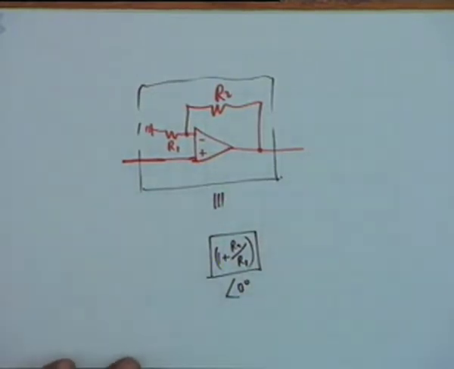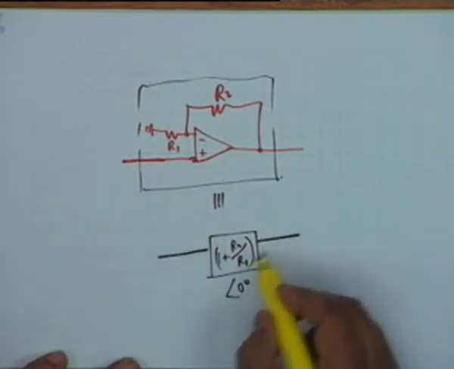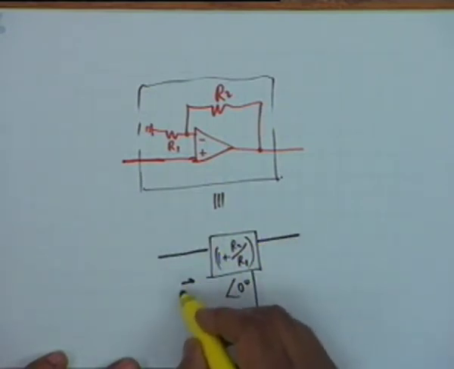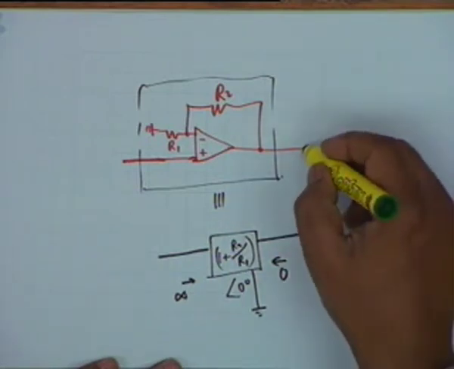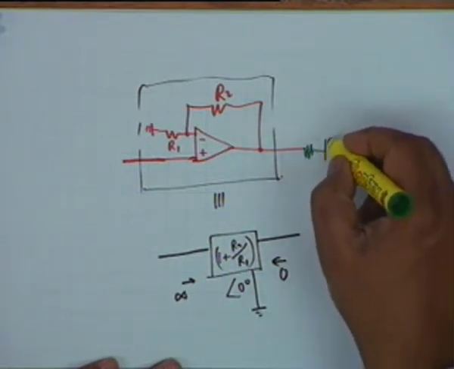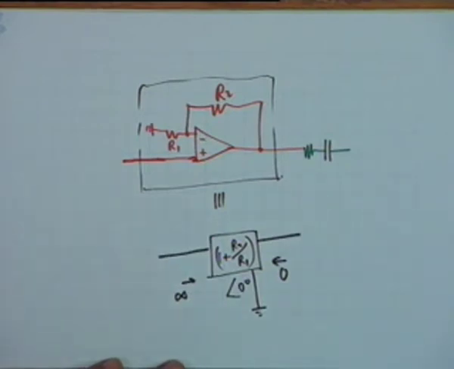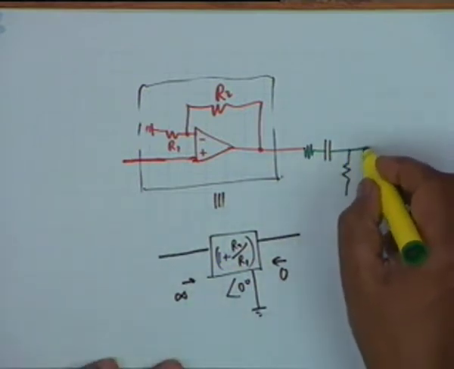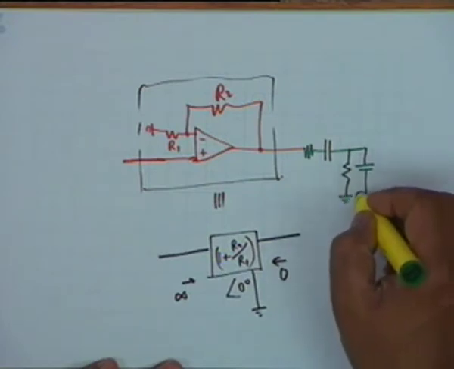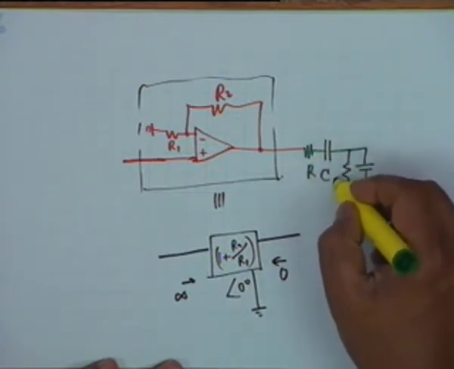it is non-inverting. What is the input impedance? Input impedance is infinity. What is the output impedance? 0. So it is an ideal amplifier. Now I want to make this into an oscillator. So what I do is, this is an alternative circuit. I use an RC. Obviously here G is frequency independent. I use a series RC and a parallel RC.